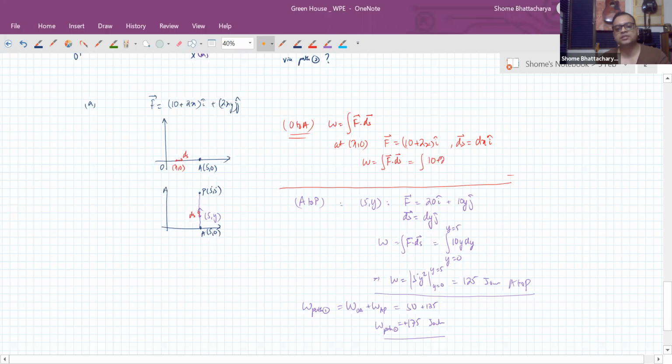This will be 10 plus 2x dx integrated from O to A. So it will become 10x plus x square. So it will be more than the value we had calculated, from x equal to 0 to x equal to 5. So that will become how much? It will become 75, I think, isn't it? So this will become 50 plus 25. This value was wrong. The work done will be 75 joules from O to A. So just make a correction here. So this should be 75 plus 125. The total should come out to be